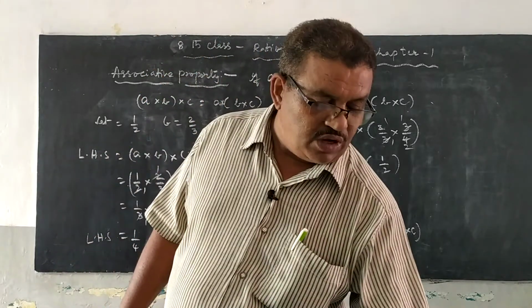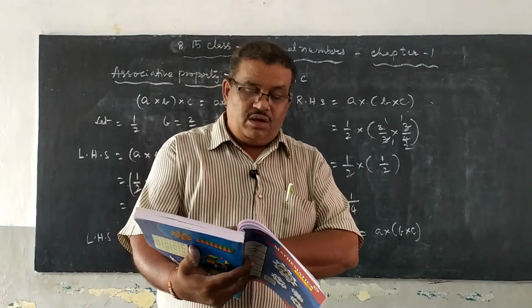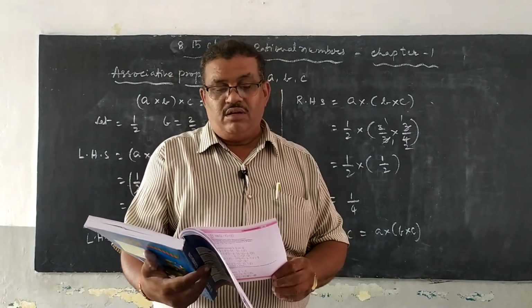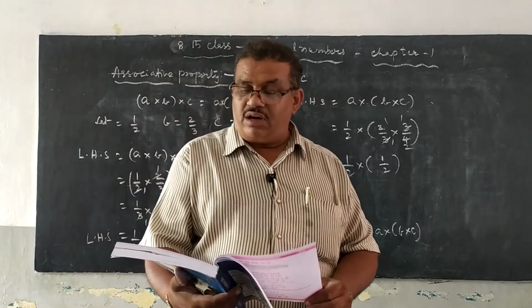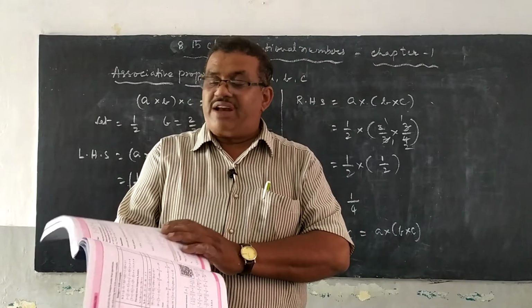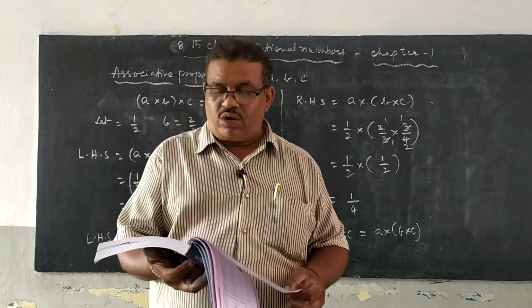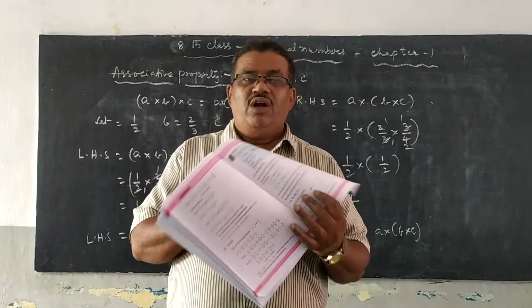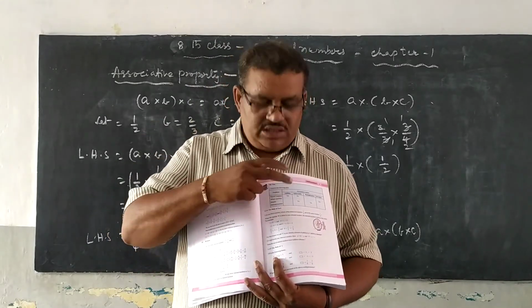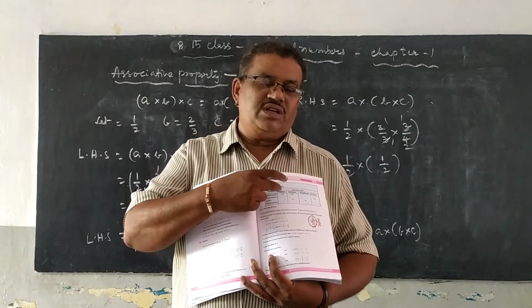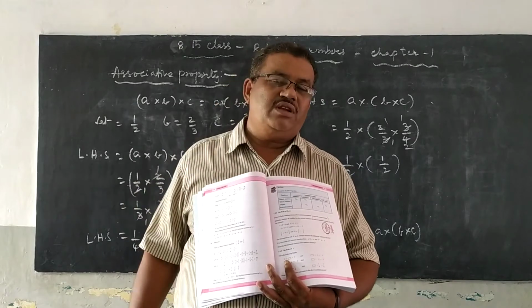So you have to try that one. Here we have some examples, page number 11, page number 12, page number 13. You have to practice these problems thoroughly. Afterwards, you have to go for the table. Okay children, this is the most important one. Which sets of numbers are satisfied, which sets of numbers are not satisfied, you have to do yourself.